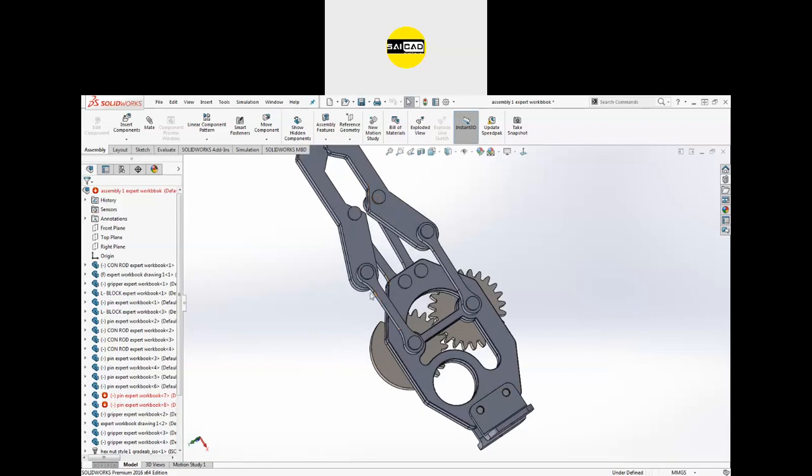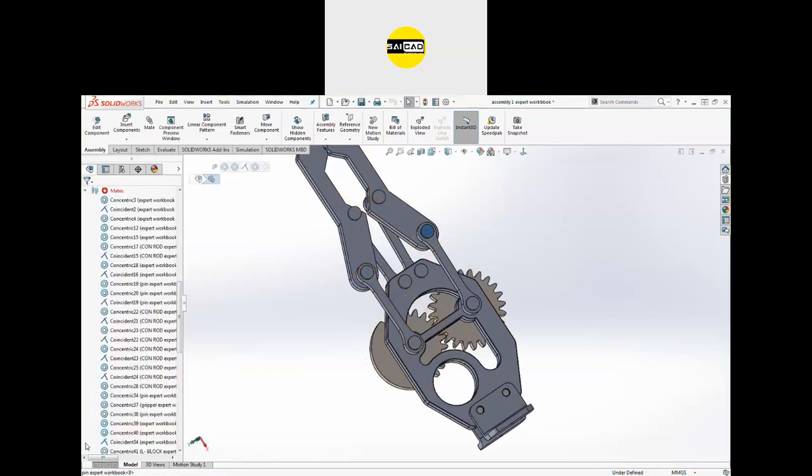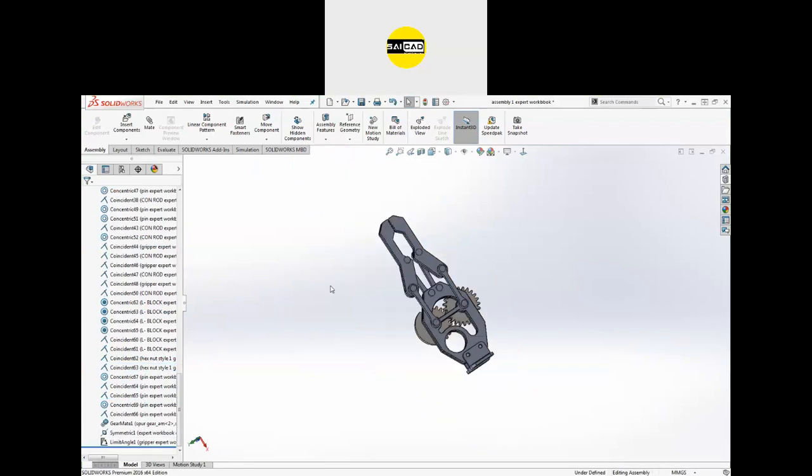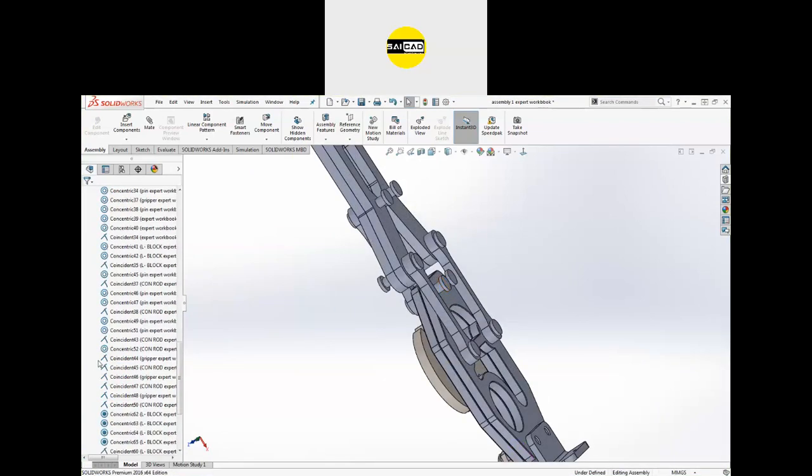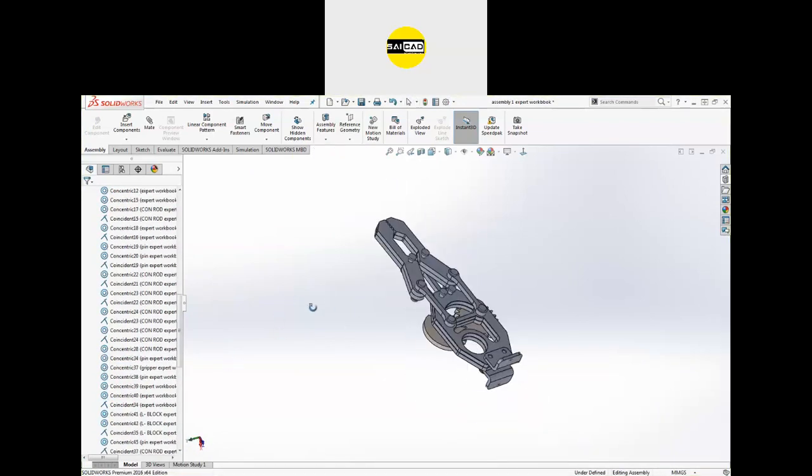How to apply some constraints? You can see these are the things. We have some error images that I have defined from here. So you can just delete those like that, or you can just remove all the mates from here and assign them again.